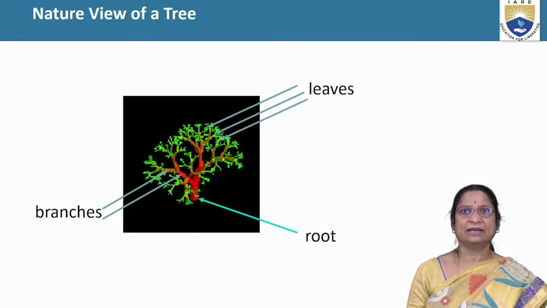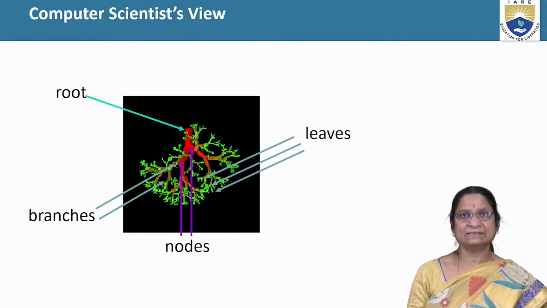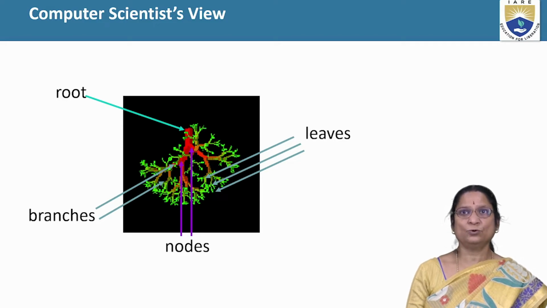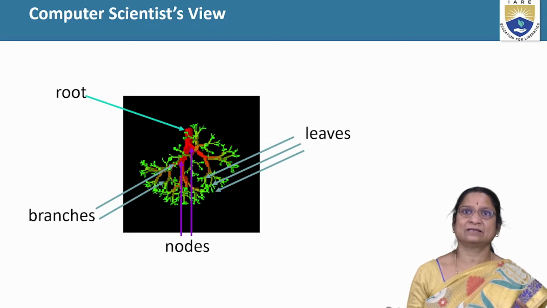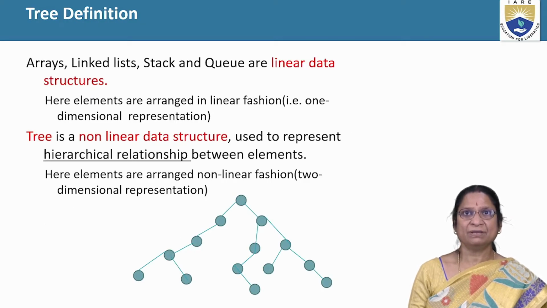As we are aware of that, a tree normally is going to be represented in natural view like this. Root will be in the bottom and branches and leaves will be in the top. But in case of computer science, the trees are going to be represented in inverse order actually, or we can consider it as a root will be in the top and the leaves and branches are going to be as children actually. So a tree can be represented as a non-linear data structure to represent a hierarchical relationship among the